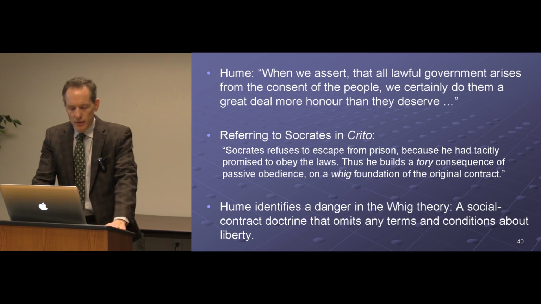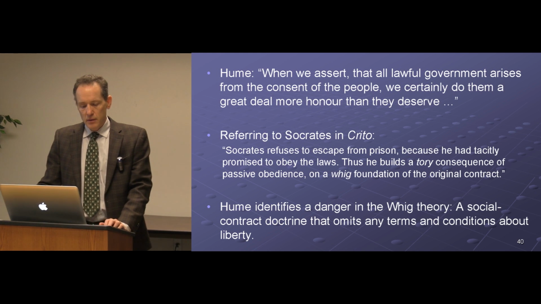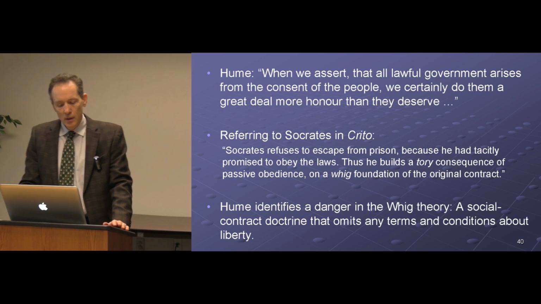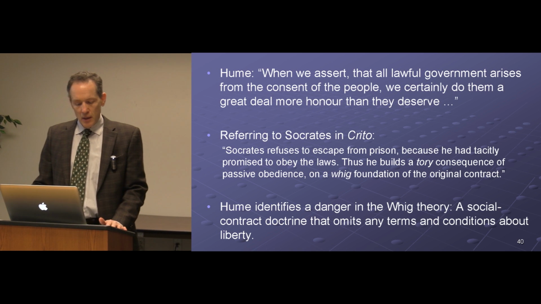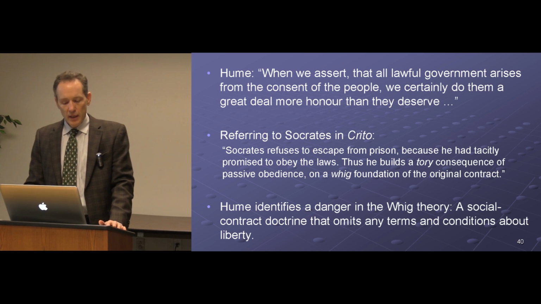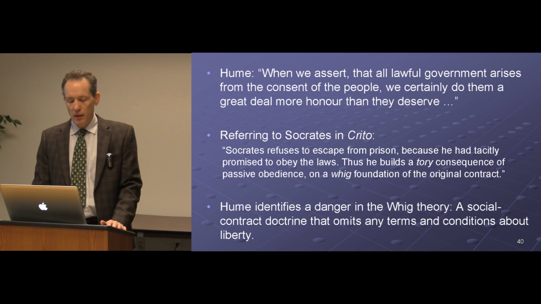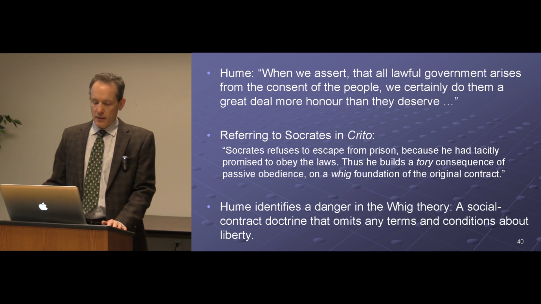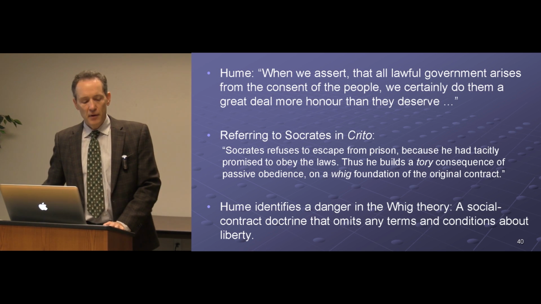And he illustrates this by referring to Socrates in Crito. He says, quote, "Socrates refuses to escape from prison because he had tacitly promised to obey the laws. He thus builds a Tory consequence of passive obedience on a Whig foundation of original contract." And in a way, as I say, I think this kind of gets at the danger of political consent theories,